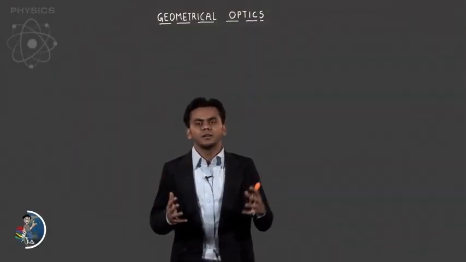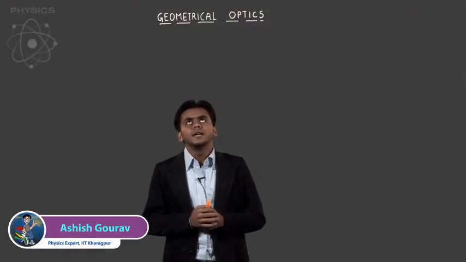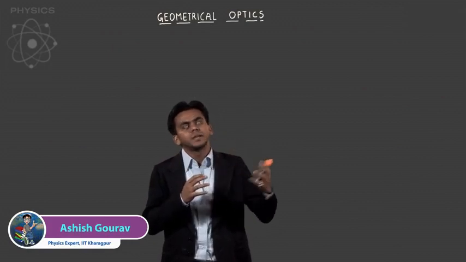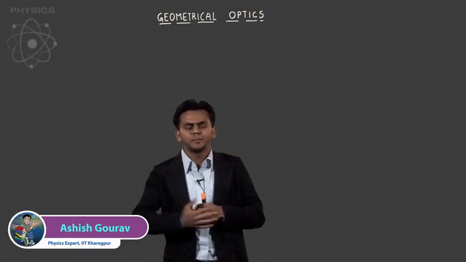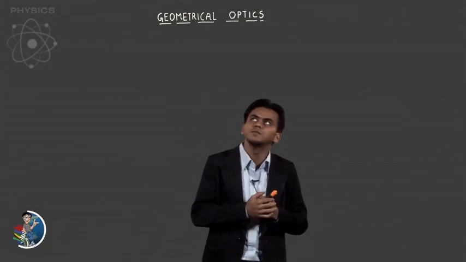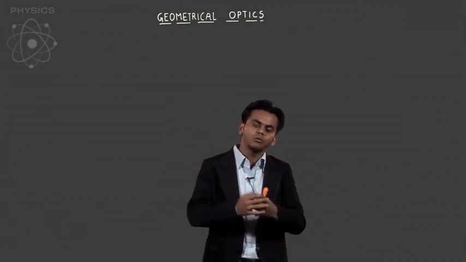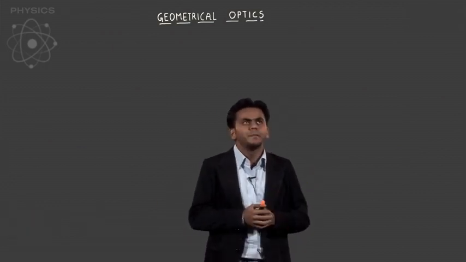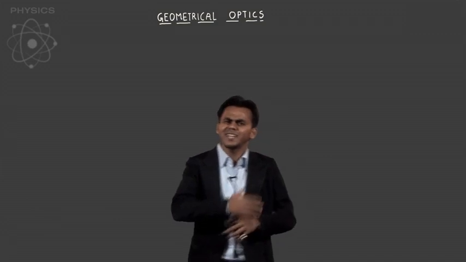Let's start a new topic, geometrical optics. In this topic of geometrical optics, we'll be learning about light, what exactly light is in terms of the geometry of path of light. When I say geometrical optics, geometry of path of a light, what do these things actually mean? Okay, before I tell you anything further,